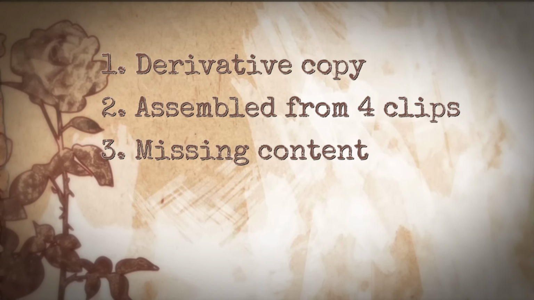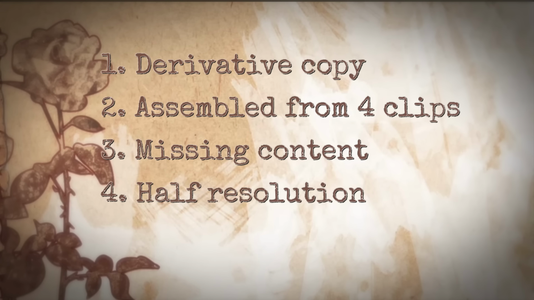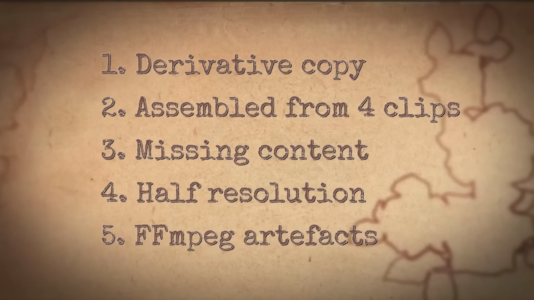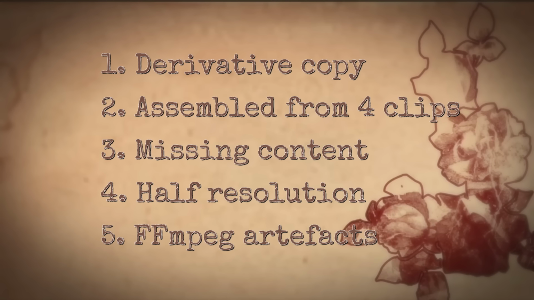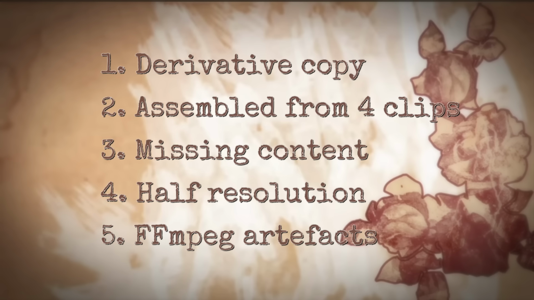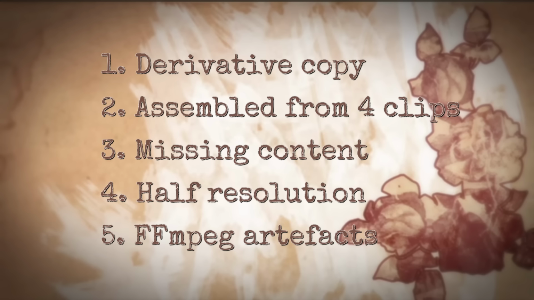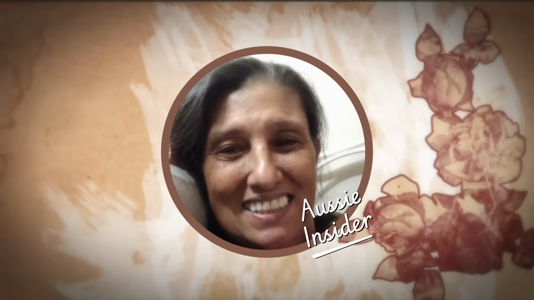Content is missing from it at 42 seconds. It's been rendered exactly half the native resolution of the camera. It carries assembly artifacts at its first and last frames. And the version shown to the jury in Trial 2 looks way different from the copy that was in circulation prior to Trial 1. To wrap up, I just want to be precise about what the file can and can't